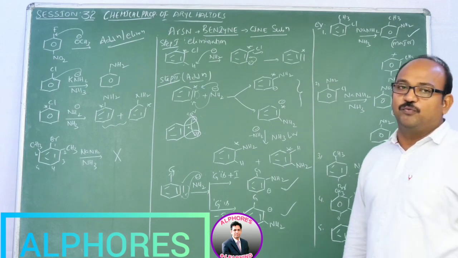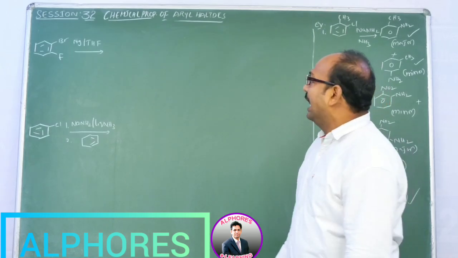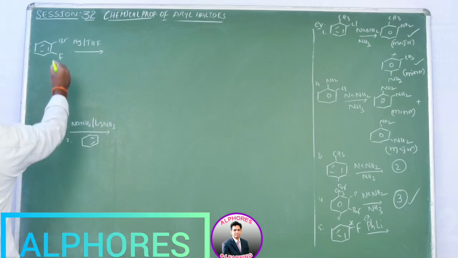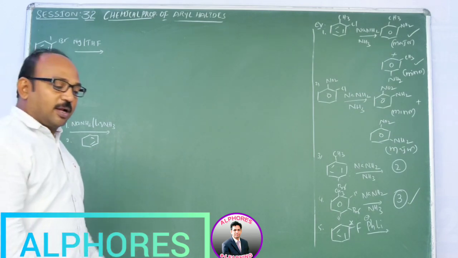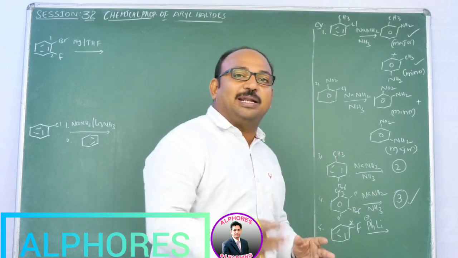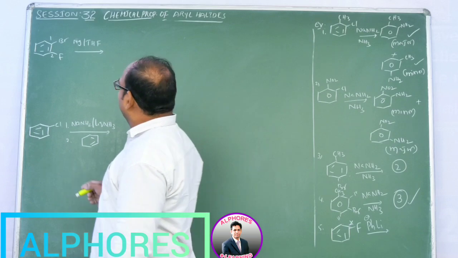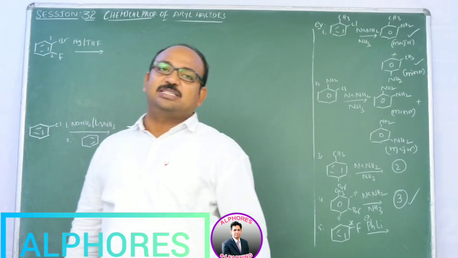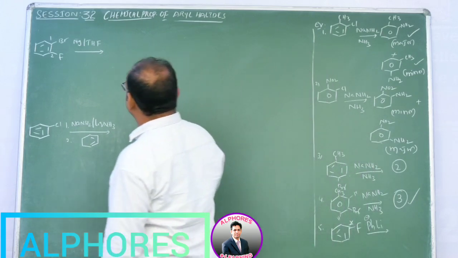And I am going to give a few more examples here. 1-bromo-2-fluorobenzene upon treatment with magnesium and tetrahydrofuran. So what product are we going to get? As we learned just now, a compound which consists of a carbon-metal direct bond is called an organometallic compound, right? Here, this is just like an aryl halide. Aryl halide upon reaction with magnesium metal gives aryl magnesium halide. They are also considered Grignard reagents.